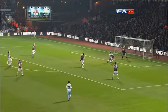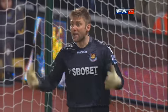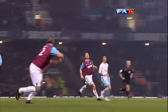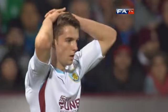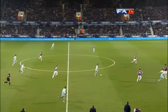And a defensive mishap by Winston Reid, presenting Jay Rodriguez with the first clear-cut chance of the match. Yes, absolutely. Some poor defending from Winston Reid here. Ball looped into the box. He should be clearing that. But Rodriguez there, great opportunity to test Robert Green in a better way than he did, and perhaps should have put Burnley one up. And Robert Green was certainly a busy man in that first half,